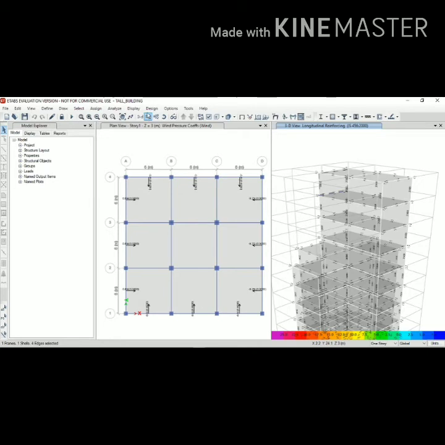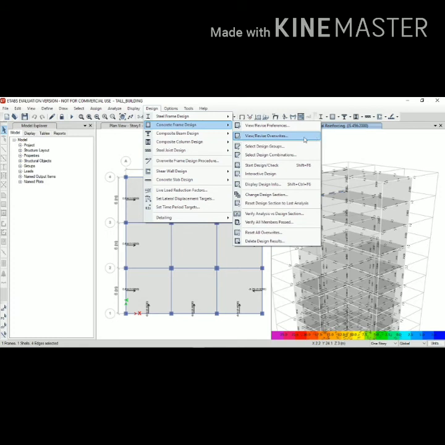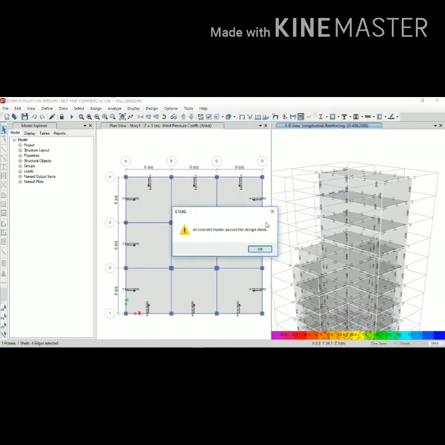Go to the Design menu and then select Verify All Members Passed. A dialog box opens up showing the message that all members have been passed. So now this building is safe against the assigned load.